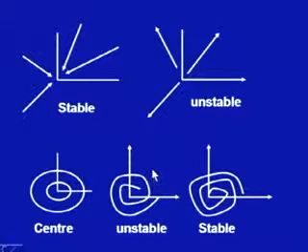And if the real part is positive, then if we start from this equilibrium position, we will go away and away from the 0 equilibrium point, and we say the solution is unstable. So, when lambda 1 and lambda 2 are complex and the real part is positive, then this is the direction in which we will be moving on the phase space, and we say the solution is unstable.